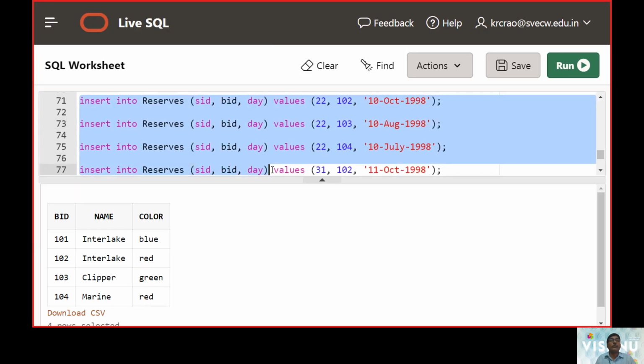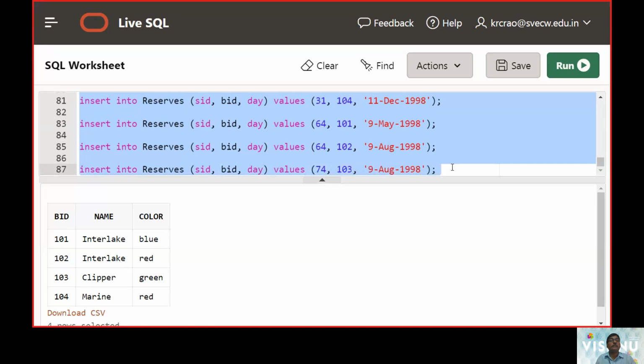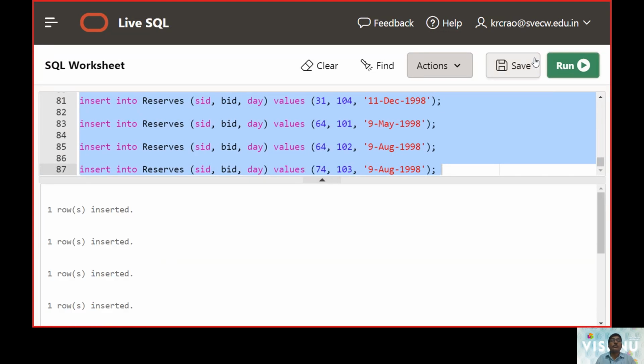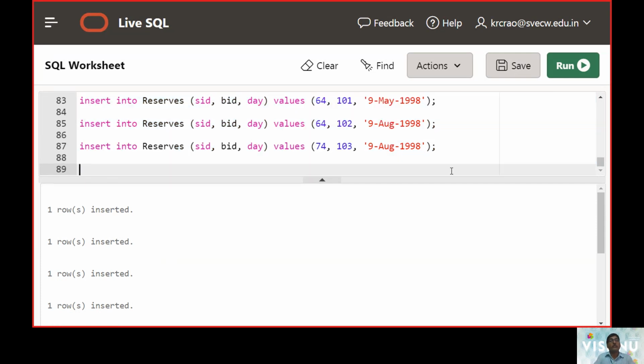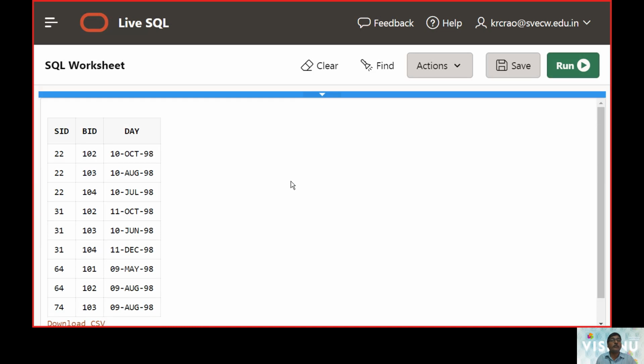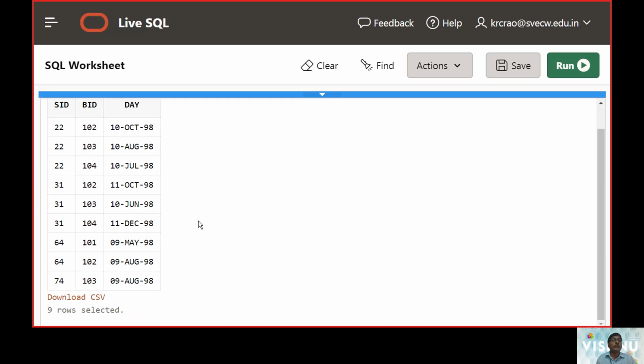Now we are inserting the 10 rows into the table, and now we will check whether the 10 rows are there.